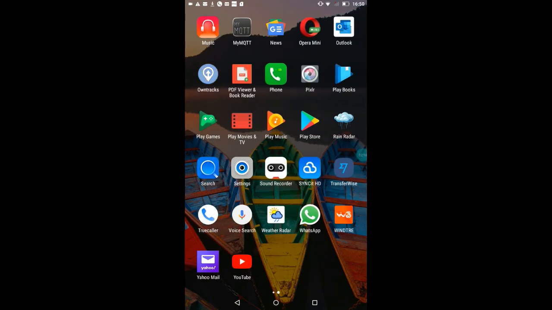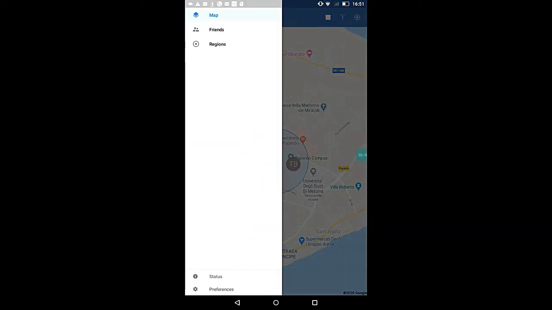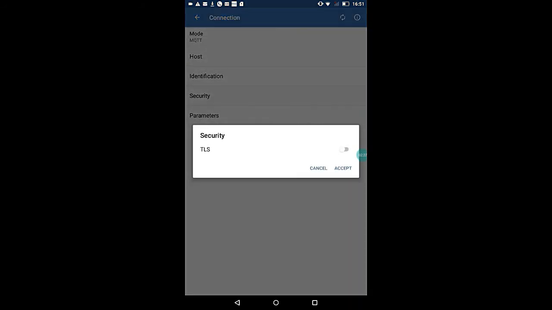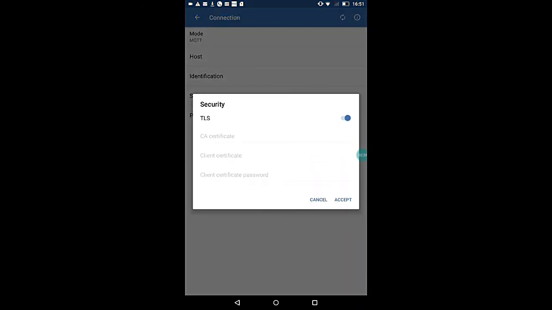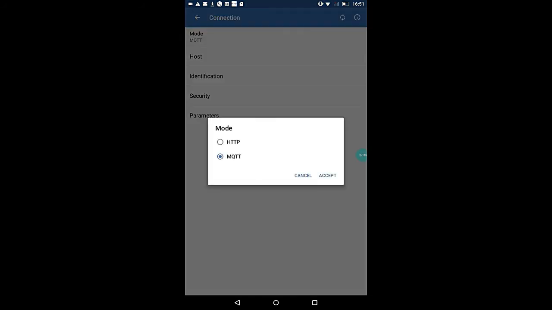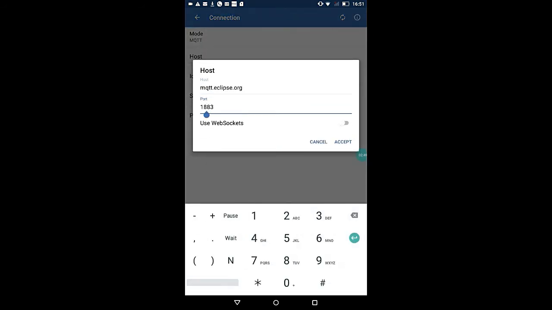My aim is to enable TLS for the certificate to work. I'm enabling TLS. The certificate is already installed on my mobile phone to use this. Now I change it to 8883, the port setting, 8883. Good